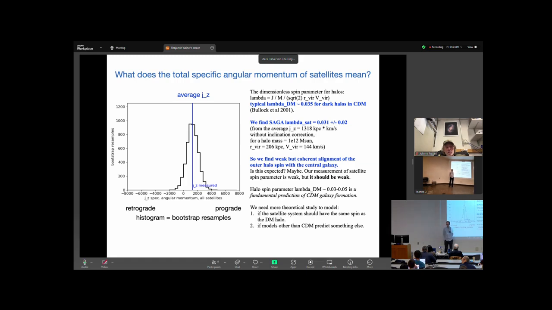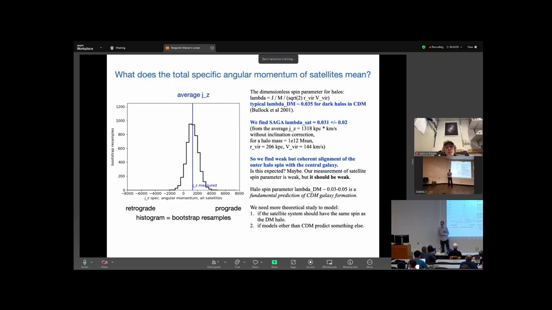Multiple dwarfs in them. Look for correlations. Well, there's been a lot of noise made about great planes of satellites. What Yao did in one of the previous SAGA papers was look at the angular distribution of the satellites around the central relative to each other. Do you see an excess at 0 or an excess at 180, where the satellites tend to be aligned? It turns out that there is no statistical excess, and I don't think there's a co-rotation signal. I'd have to look at the plot again.